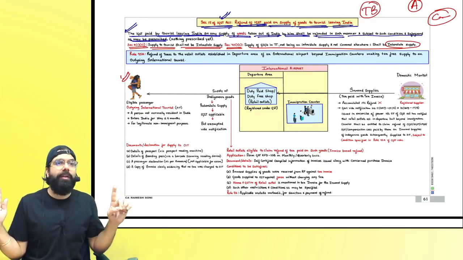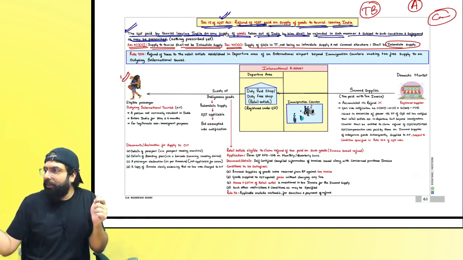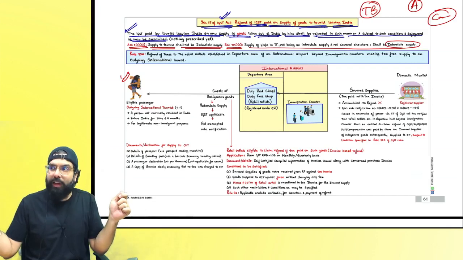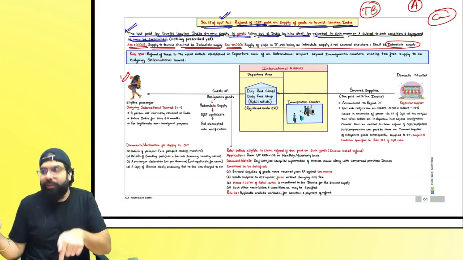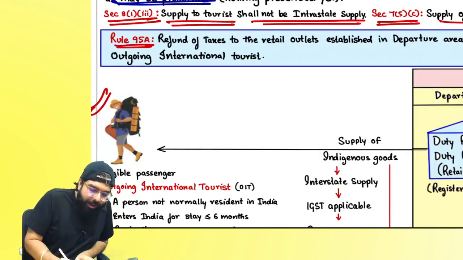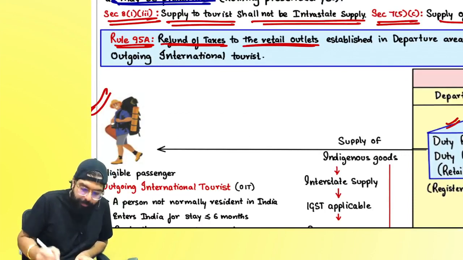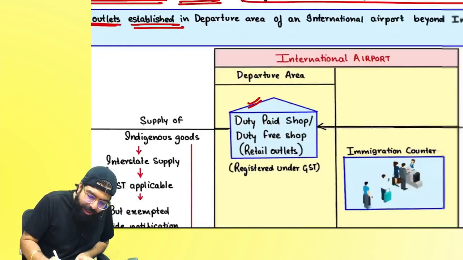Whatever credit was there, the GST you have paid, say you bought a shirt and gave him the shirt. On the shirt you did not charge him GST, but whatever you have paid, you will take a refund. That is the refund scheme which has been given. The government introduced Rule 95A, refund of taxes to retail outlet. Which outlet? Duty free shop, duty paid shop, established in the departure area